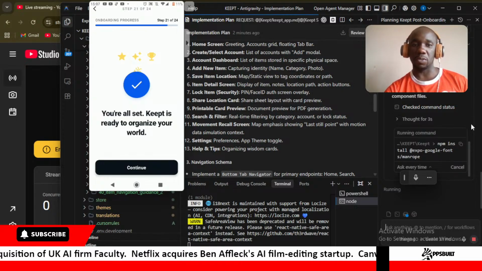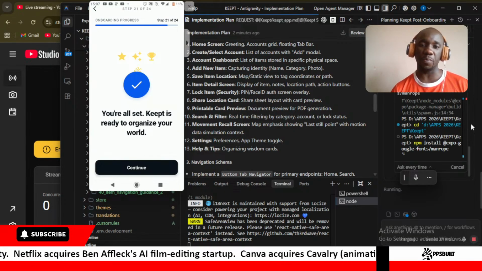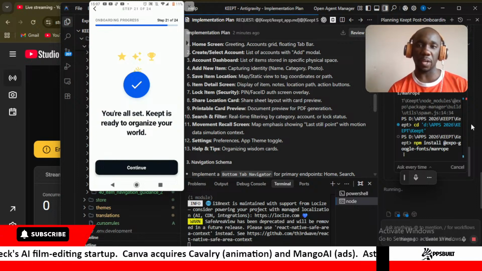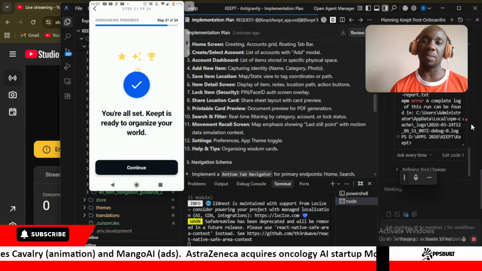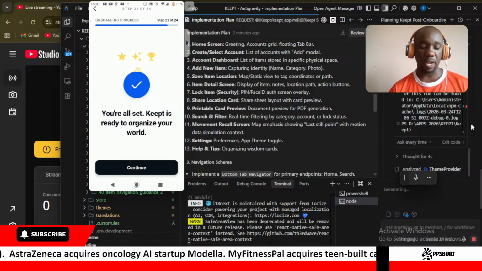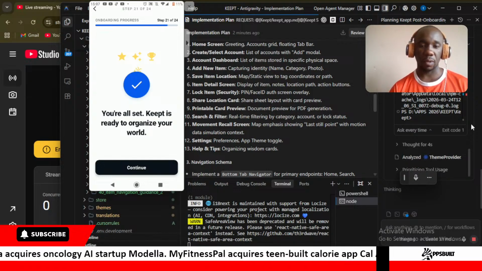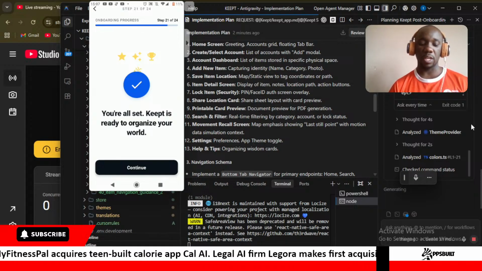So it's making some installations. Sometimes when you're dealing with logic where you're building up different kinds of screens, because right now what we're working on is the functionality of creating 13 screens, it's going to take some time, but definitely it's going to build it up because these agents are very strong. Actually, when it comes to how the agents work, I believe that one of the best tools that we can work with is mostly